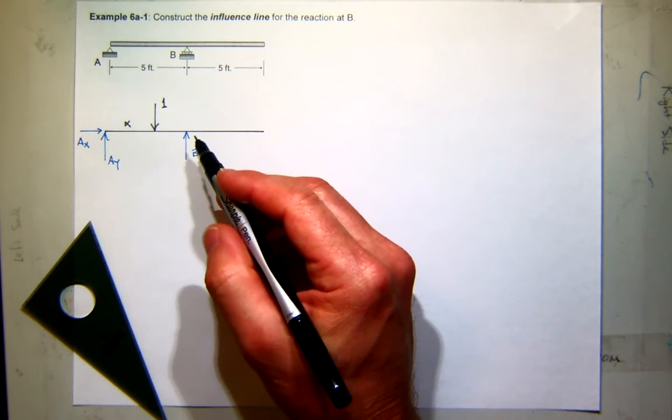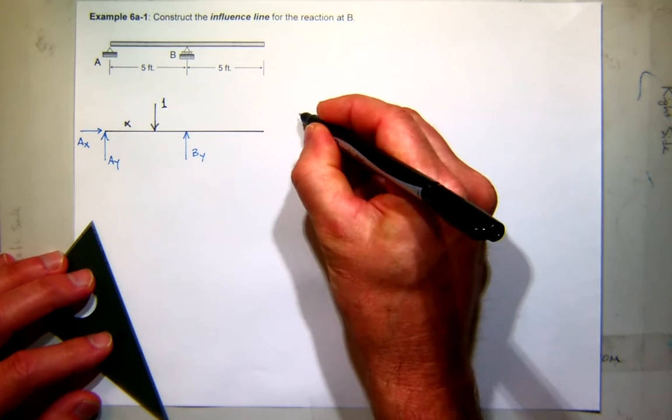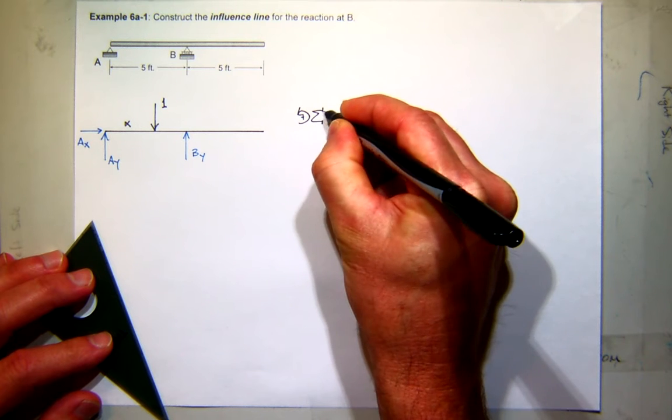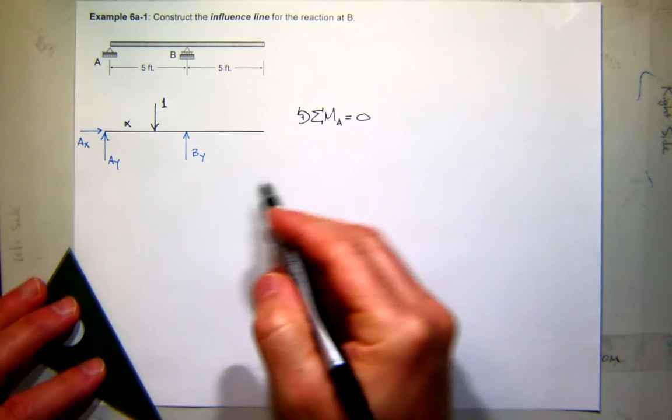Mr. Brown, did you say something? Sum moments around A. That's a great idea. Let's sum moments about A. So if I sum moments about A and make sure this structure is in equilibrium, I should be able to solve